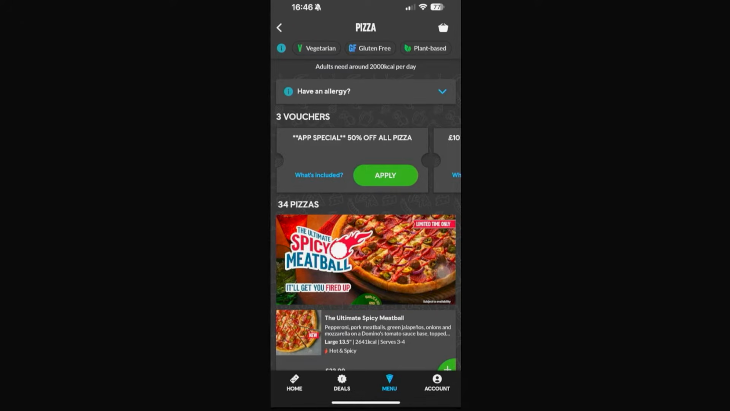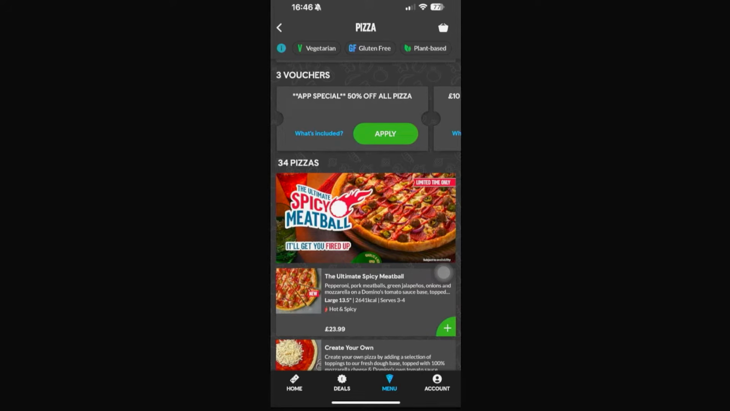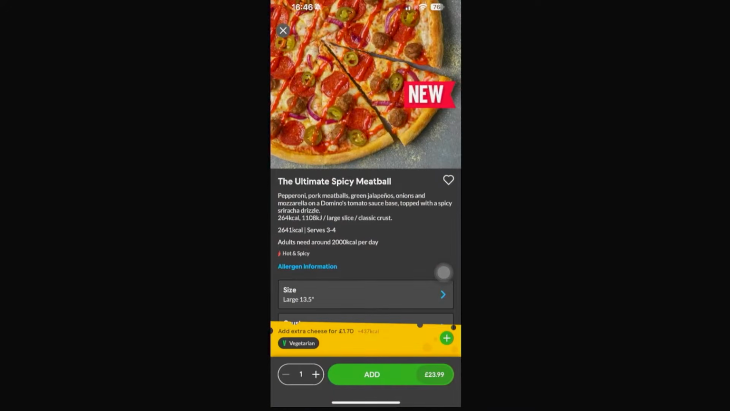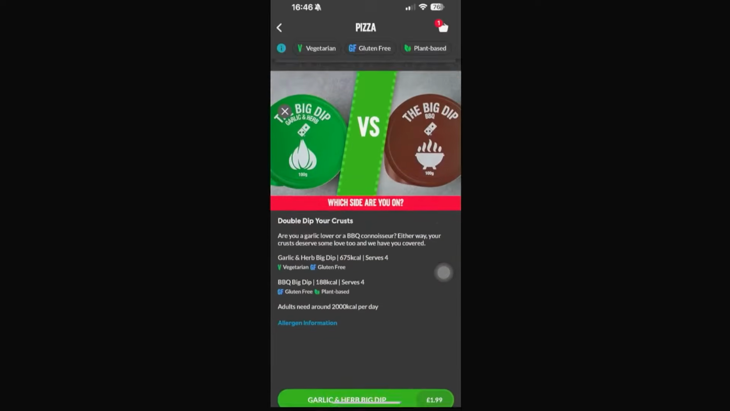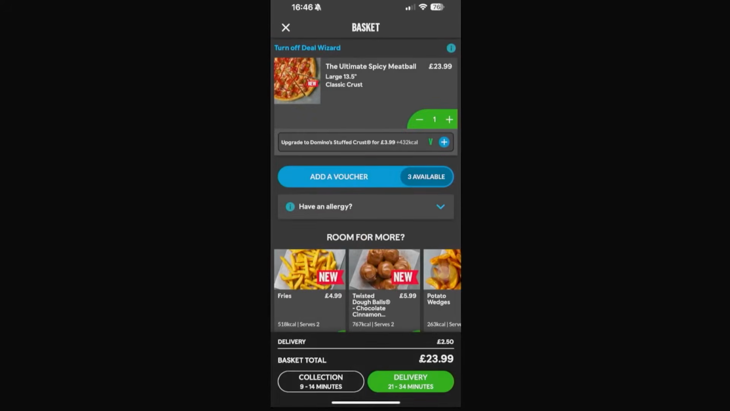And as long as you go ahead and meet the criteria right here, then you should be able to use any of these. So say for example that let's add this ultimate spicy meatball right here, and then let's just go ahead and click add. Now what we're gonna do is we're gonna go into our basket right here on the top right, and then